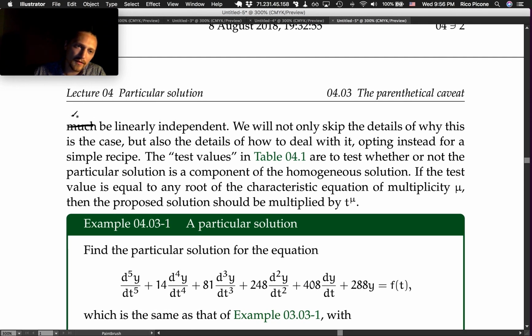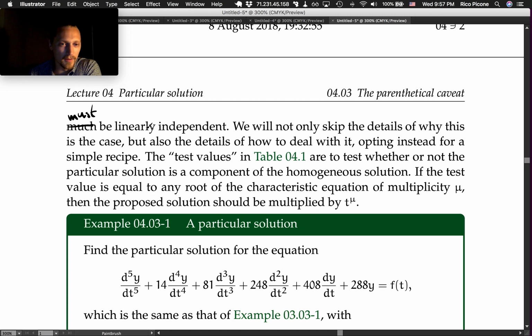We will not only skip the details of why this is the case, but also the details of how to deal with it, opting instead for a simple recipe. So I'm not teaching you how to deal with it in general, but in the method of undetermined coefficients a la this table,